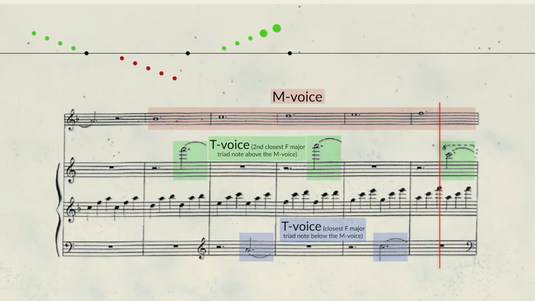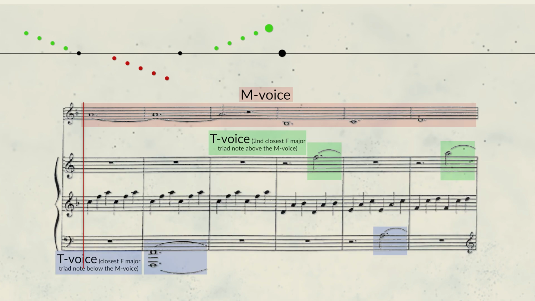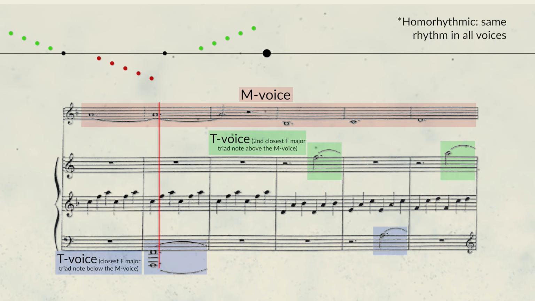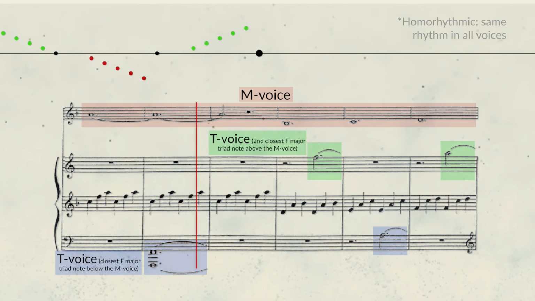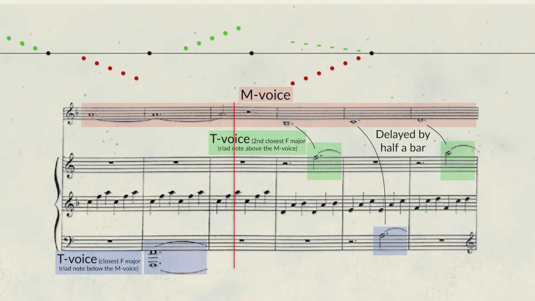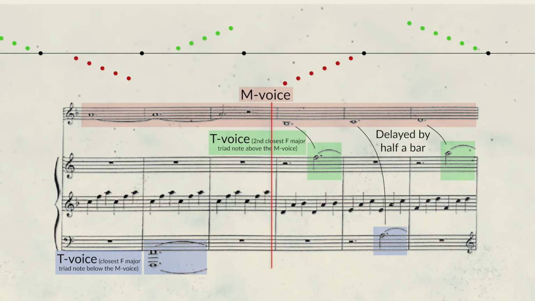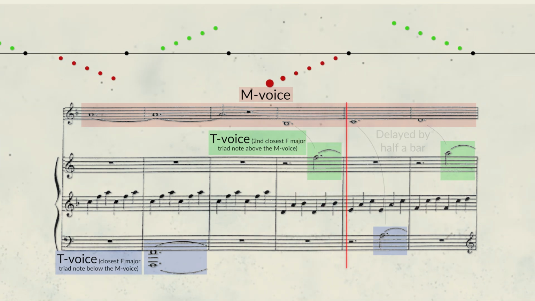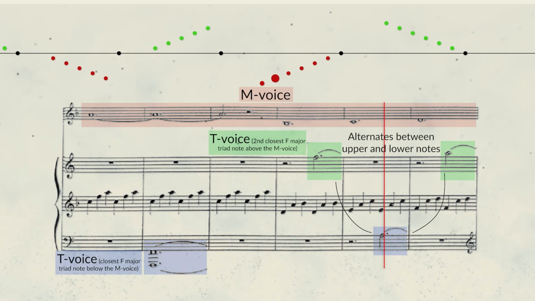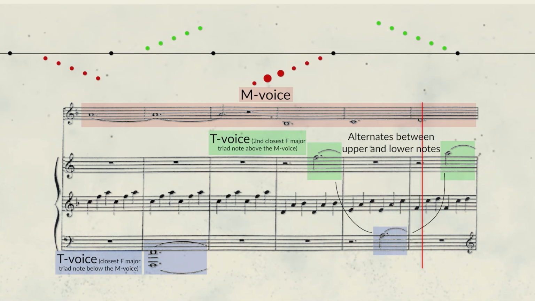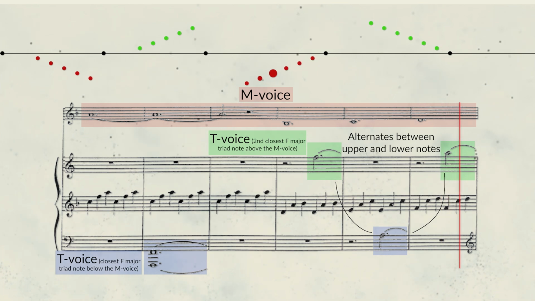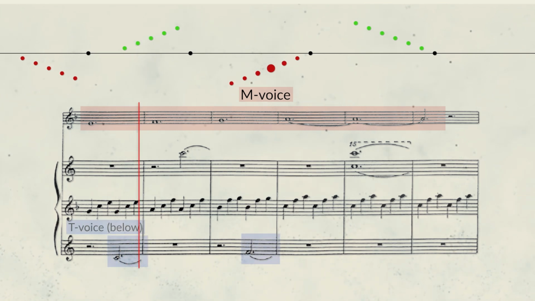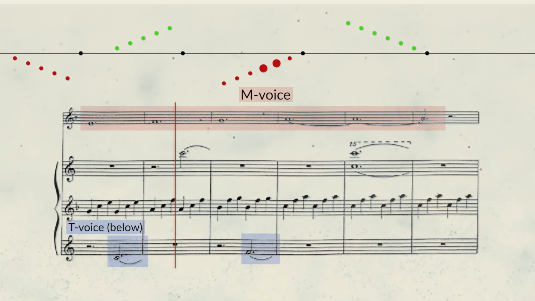In most of Pärt's other pieces, the two voices typically appear together in a homorhythmic manner. However, here the tintinnabuli voice is delayed by half a bar, creating an echo effect. Additionally, it shifts across different octaves, alternating above and below the violin melody. This resembles reflections of sound across registers and may symbolize mirrors and the idea of symmetry, where each note below is balanced by a corresponding note above.